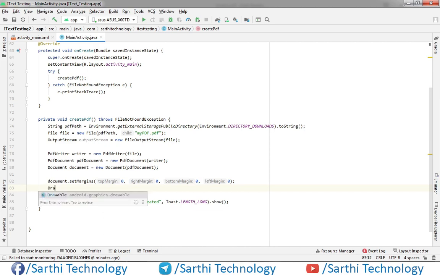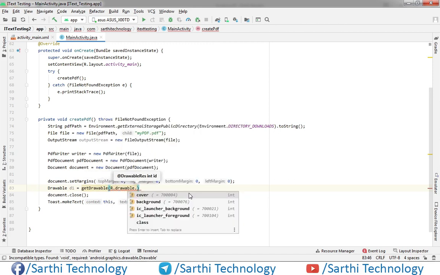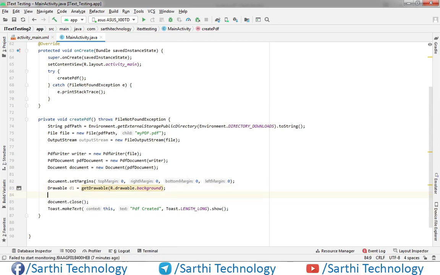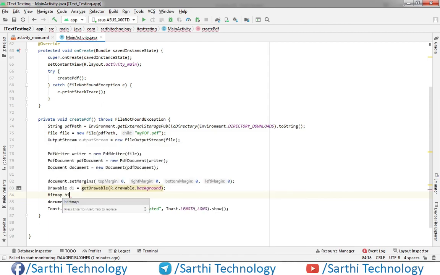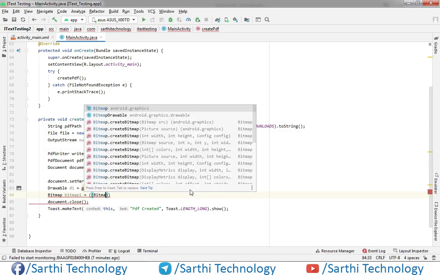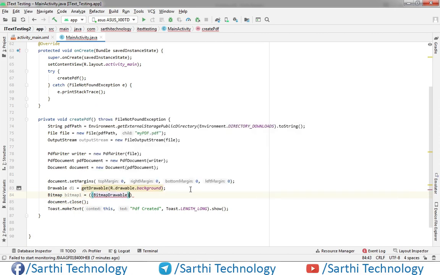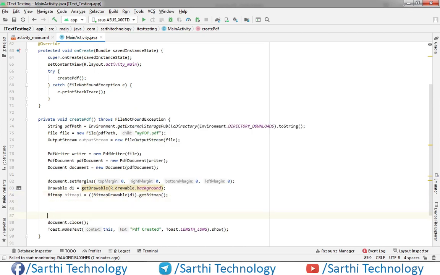We will call it D1. Bitmap drawable D1 dot get bitmap. Now byte array output stream.